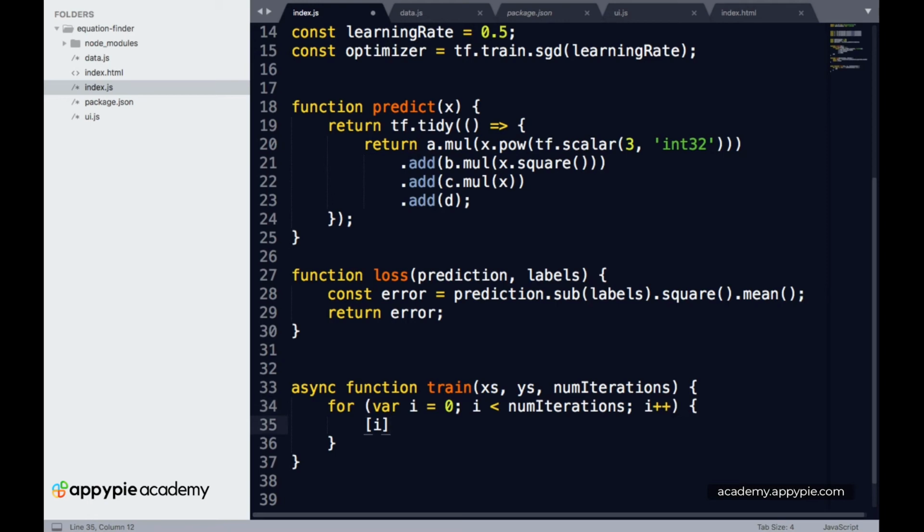Okay, and now inside the loop we have to first tell the optimizer what it has to do. So now let's call in the optimizer over here, and now let's use the minimize method. So we are calling optimizer, and now we are telling it to minimize, and inside this we have to basically give in the value of the loss function. Okay, so now the minimize function takes in an arrow function.